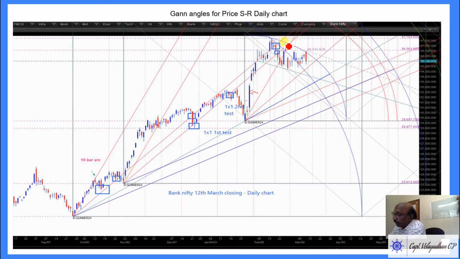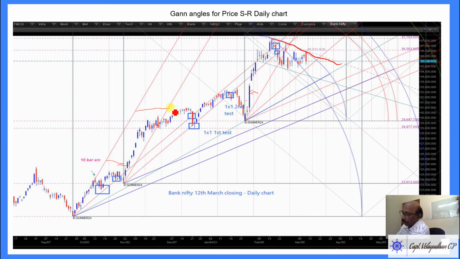So this time when it broke down, the price came below this 2 by 1 line. That means price moved away from this line. And here the price now, this is Friday. When you put a trend line like this, price was showing resistance at the trend line. And it made a bearish candle engulfing the previous two candles, 2 days.